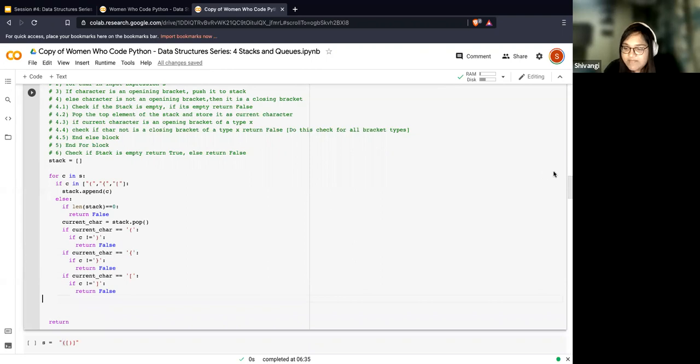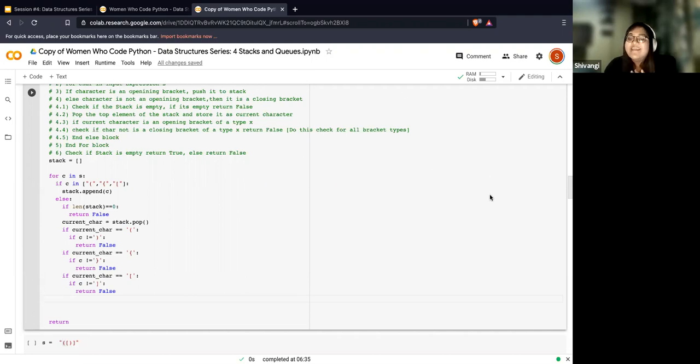Would you need to pop a second value to get C to check the closing brackets? No, Megan. So what we are doing is, think about it this way. If the index which you're at, which is S of I, is a closing bracket, you would essentially pop the opening bracket or the topmost element in the stack, right? So whenever you encounter any sort of closing brackets, you're popping things in the stack. So at any given point of time, your stack will only store opening brackets and not closing brackets, because I'm never pushing them into the stack.